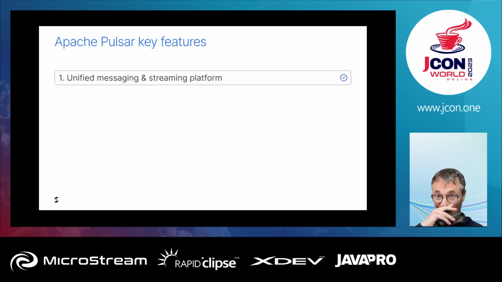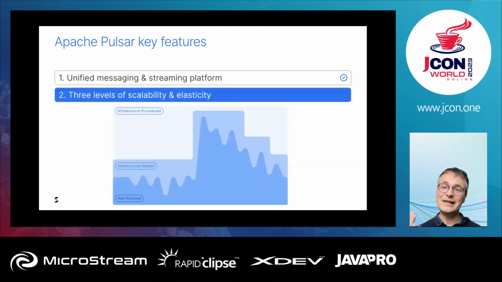All right, so we just saw that Pulsar can handle both messaging and streaming use cases, and this is one of the key features of Pulsar. Now I want to talk about Pulsar scalability and elasticity. And these are different things. Elasticity means you can grow or shrink resources quickly to adapt to workload changes, so you can save infrastructure costs by avoiding over-provisioning, right? So some data streaming platforms like Kafka and Pulsar can scale very well, but Pulsar is both scalable and elastic as well.